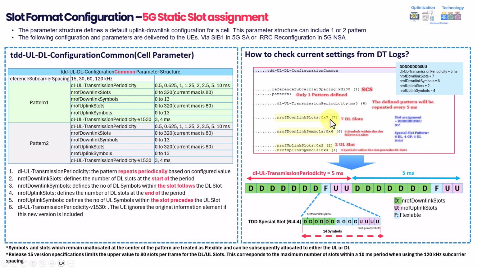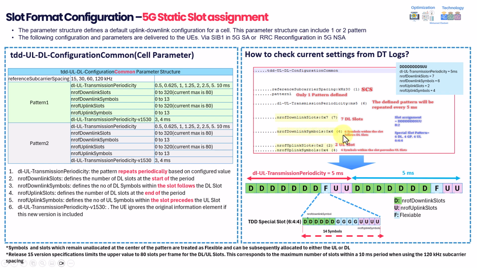The example I'm going through here is used to have one pattern. So this means if you have only one pattern, the pattern will be repeated every, for example, every 5 millisecond, depending on the settings which you have in the network. So for the example here, I'm showing it as 5 millisecond, and here are the parameters. You can see here MS5, this means 5 millisecond, number of downlink slots 7, so this means 7 downlink slots,